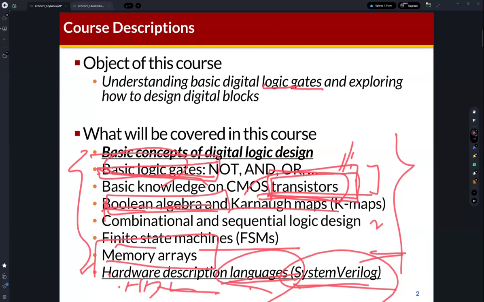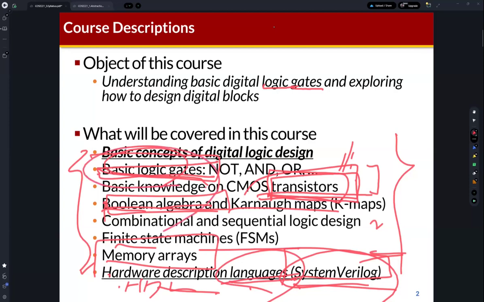Actually, Python is very slow because it is an interpreter language. But the structure of SystemVerilog is very similar to C. Also, code written in SystemVerilog can be compiled, like C, into the